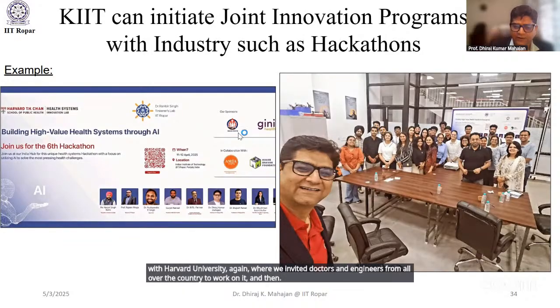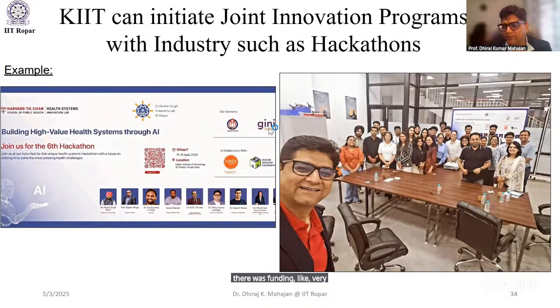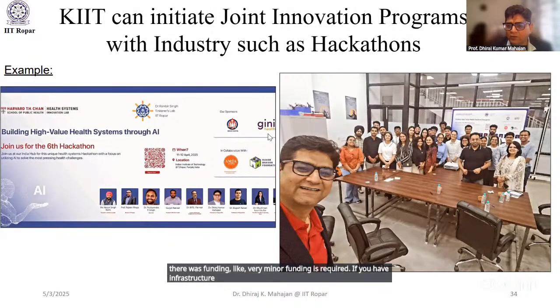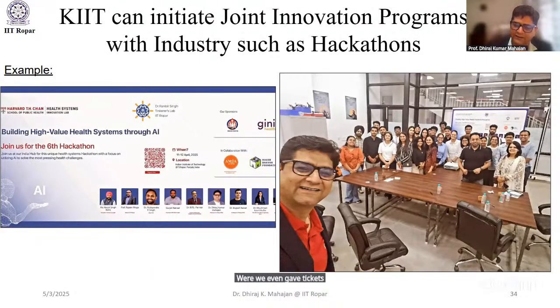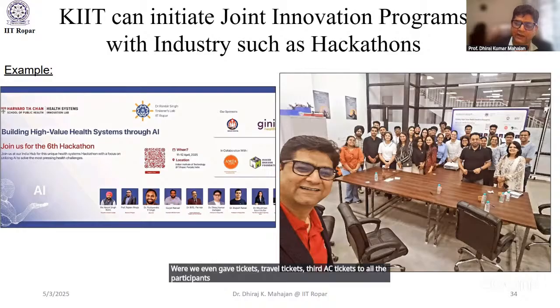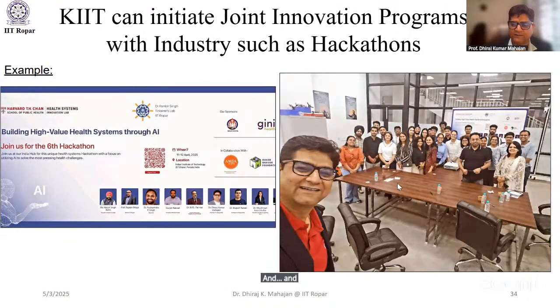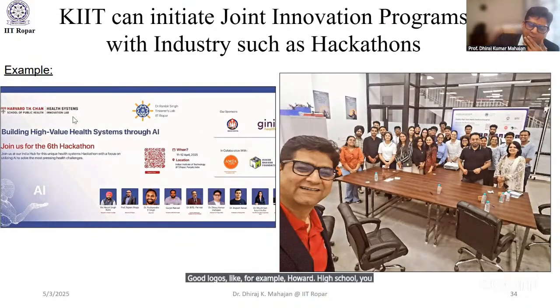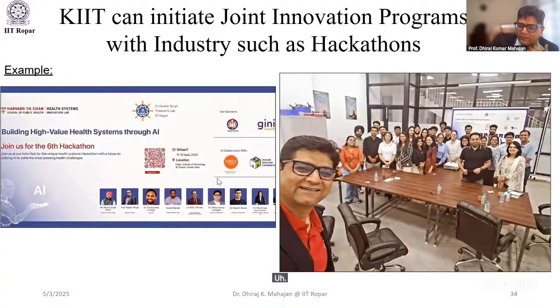Only very minor funding is required if you have infrastructure. We could do this whole hackathon in less than 1,30,000 rupees, where we even gave travel tickets, third AC tickets, to all the participants from the country. The food and hostel were totally free. With such opportunities, and of course if you have some good logos, like for example Harvard Health School, you can approach them next year to run their hackathon. In that way, the visibility of your